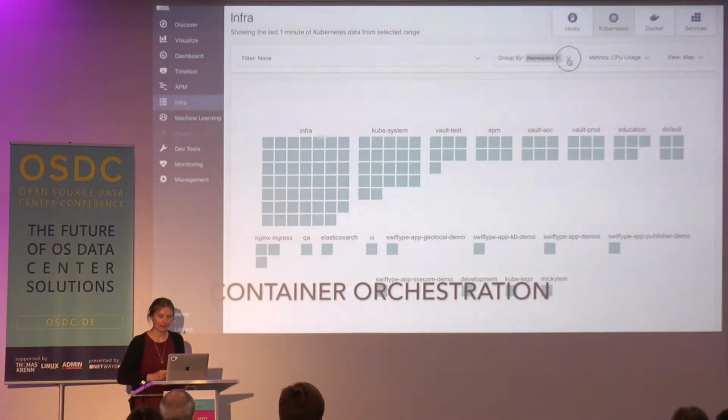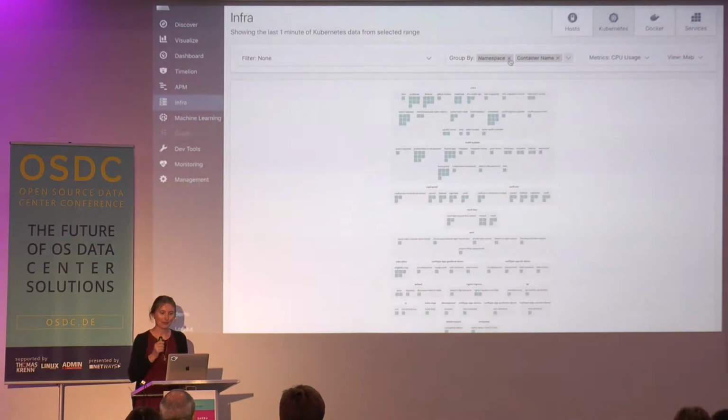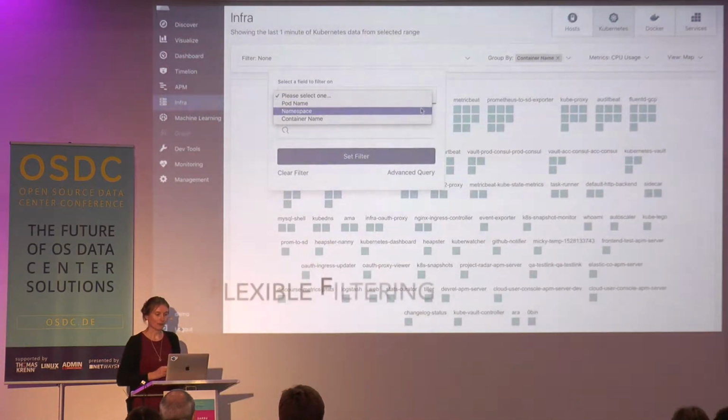Oh, sorry, here it was hosts. Now we are going to Kubernetes, and here you'll be able to group by, for example, namespace and container name. And also you are able to filter